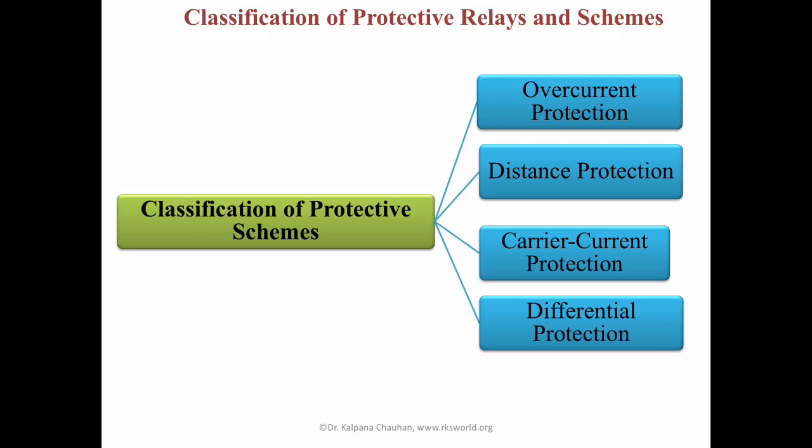Under normal conditions or during any external fault, the current entering the winding is equal to the current leaving the winding. But in the case of an internal fault on the winding, these are not equal. This difference in the current actuates a relay, thus the relay operates for internal faults and remains inoperative under normal condition or during the external fault. In case of bus zone protection, current transformers are placed on both sides of the bus bar.